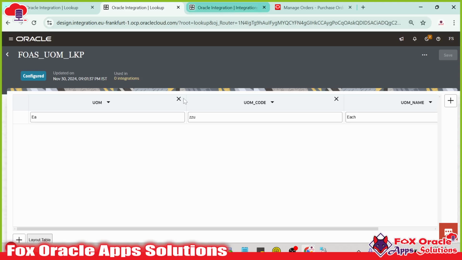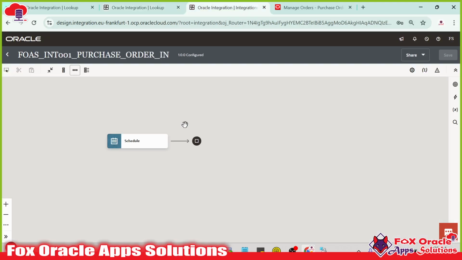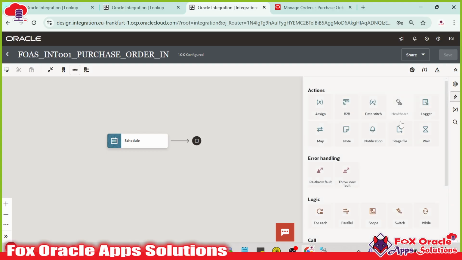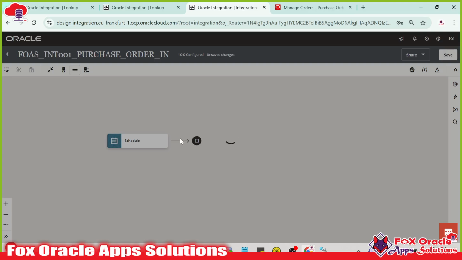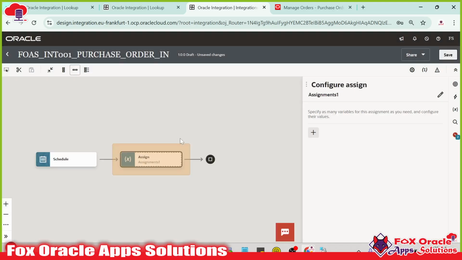But if we provide the value in the mapper, and that same value has to be utilized in another place, again we have to invoke the functions to get the value from lookup. So instead of that, we will create a variable, and in that variable we will store the value. As this variable is going to store a few default values or fixed values, that's why I will give the name as default,